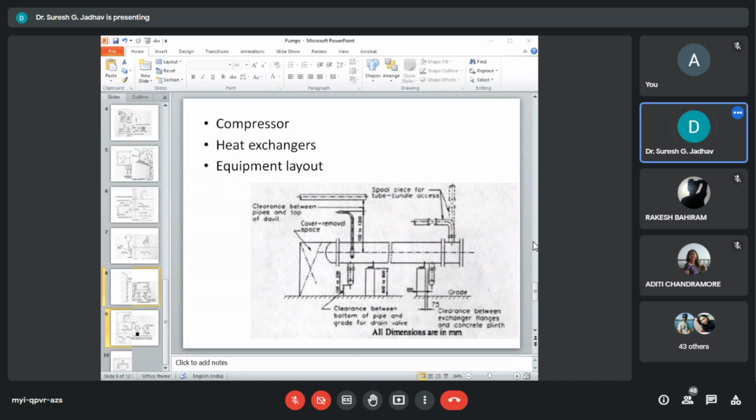Now next component is heat exchangers. The information required for the equipment and piping layout as applied to heat exchangers is the same as that required for any other equipment and has been explained in earlier slides, that is compressors, pumps, and the equipment layout.